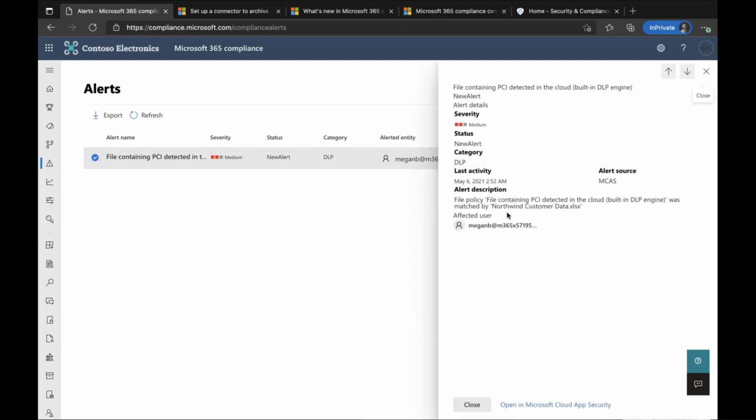So if we click into that, we can get a bit more information on the alert, what it is, why it's there, the alert description, and then we can actually go straight to Cloud App Security from our compliance center and look further into that from the Cloud App Security portal. So very, very powerful stuff. Alerting is